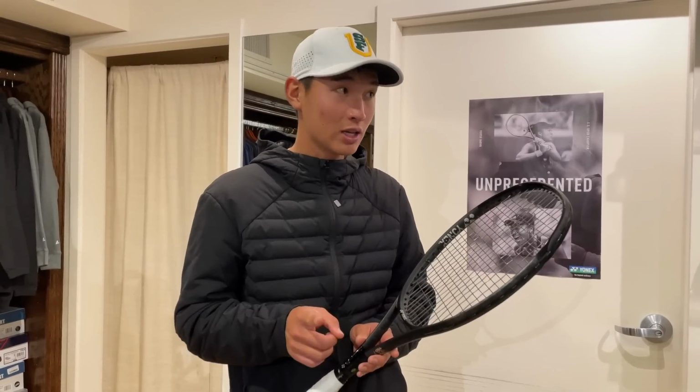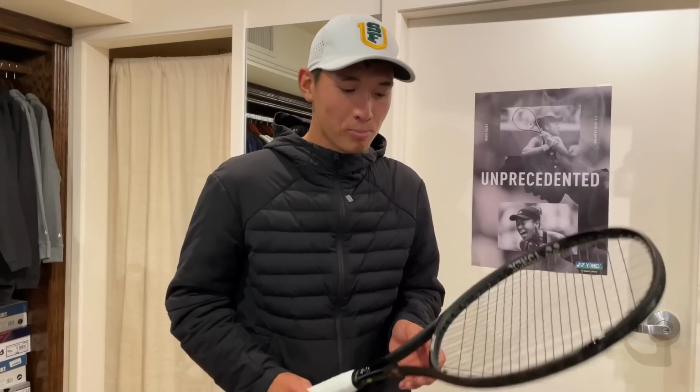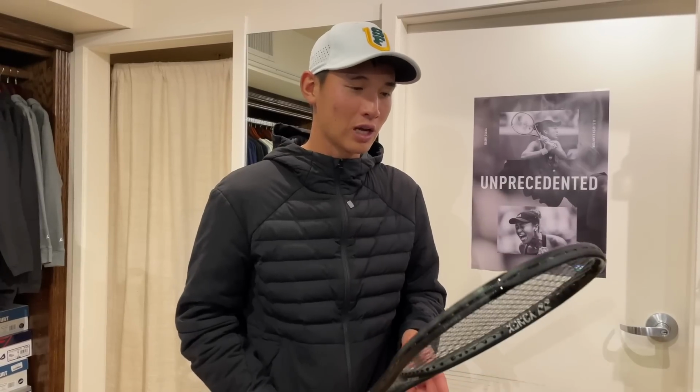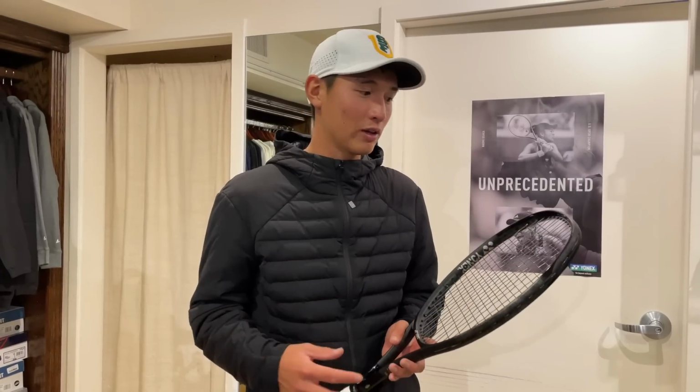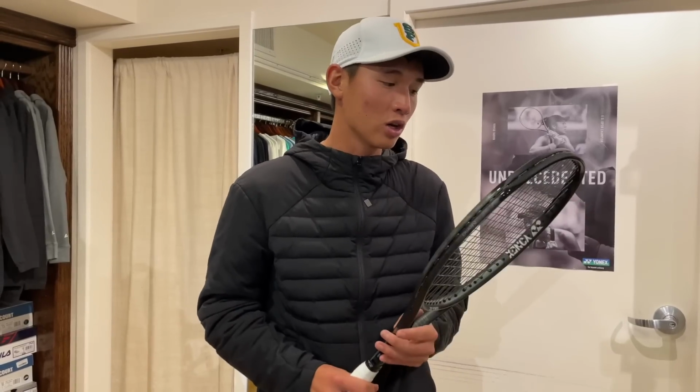I did have an issue a little bit with the volleys, if I remember correctly, from the old version. I think that was the 100, or is it the 98? I don't remember, but it was probably the 100. It wasn't as stable. But hitting the volleys with this one, just out of the air for a few times, it was darn stable. It's not lacking any feel. Even when you might have mishit it a little bit, it definitely goes through and it just takes off